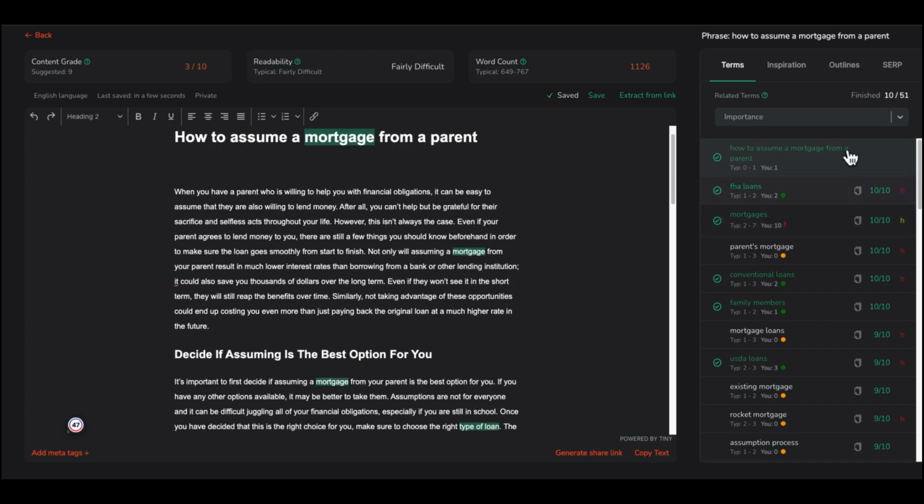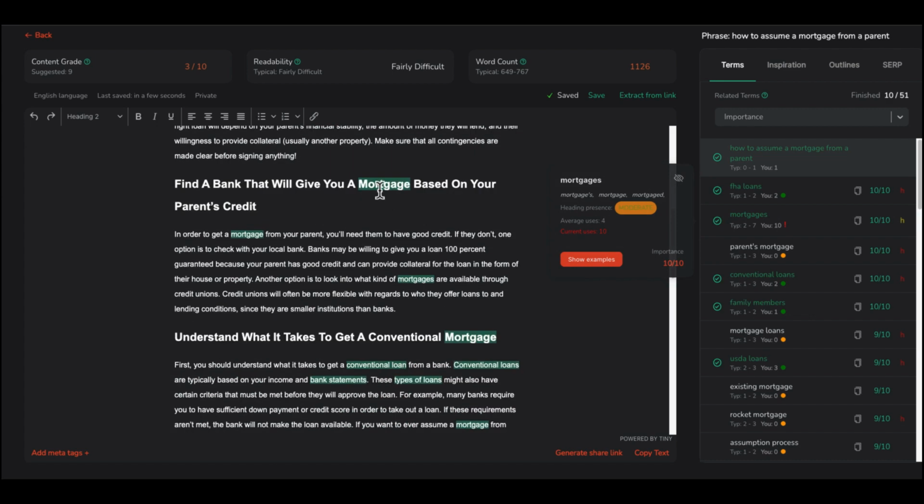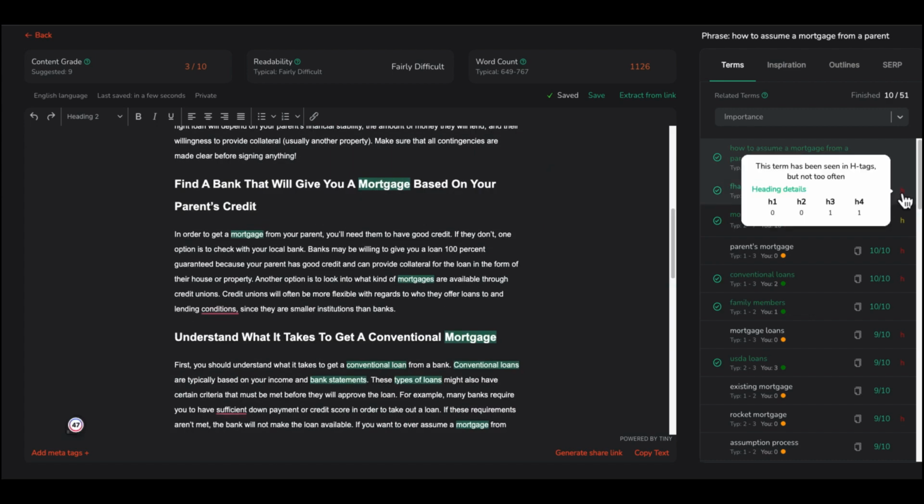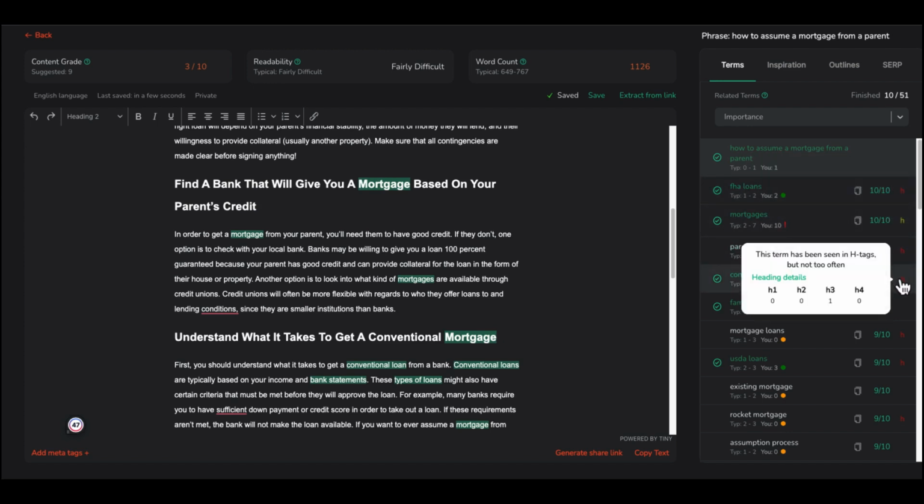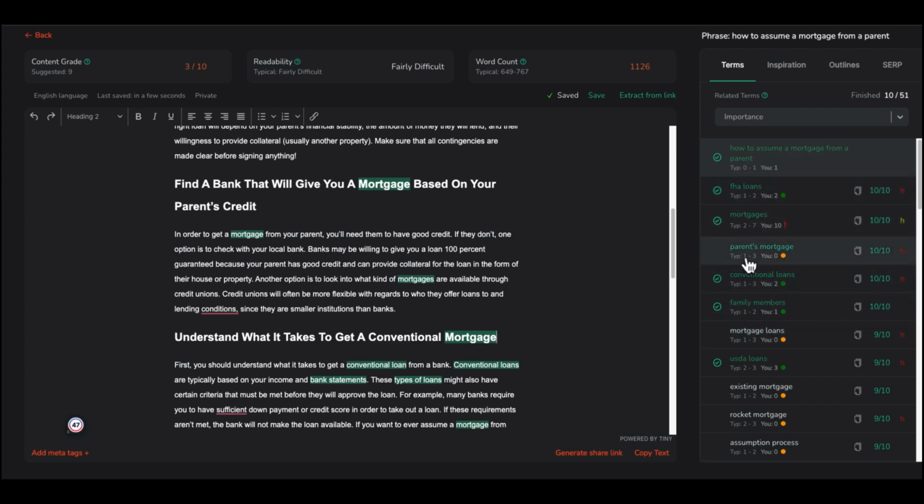Right here, it shows you on the right-hand side keywords to use and how many times you've used them. It's easy to see where they're highlighted in green, and how many times the keywords are used as H1s, H2s, H3s, H4s in other sites that are ranking on page 1. You can take the keyword and copy and just paste it in there, and then it'll change over there. They actually fixed a problem they had recently. There was a little bug where you had to hit the space bar after typing it in for it to change over there, but it's working fine now.